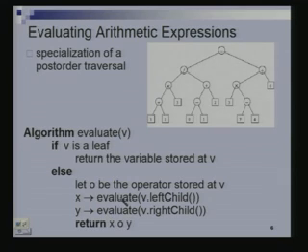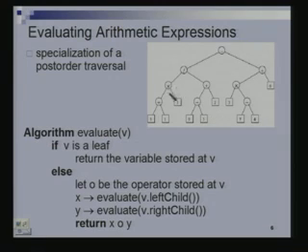Question: how do we generate this tree given a mathematical expression? We are not going to be addressing that problem. Generating this tree given an arithmetic expression requires incorporating the priority rules. We will not worry about that for now. We are just looking at traversals. Given such a tree, how can you evaluate the expression corresponding to this tree?